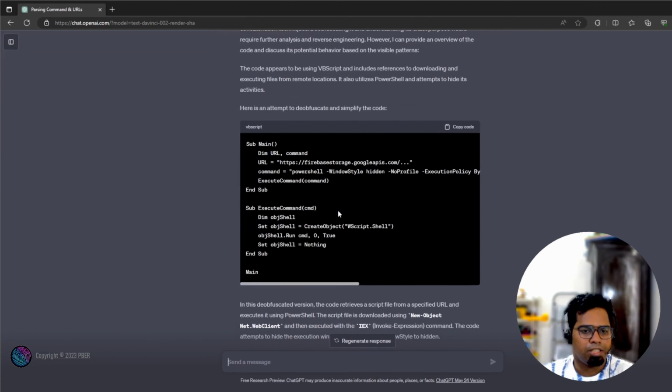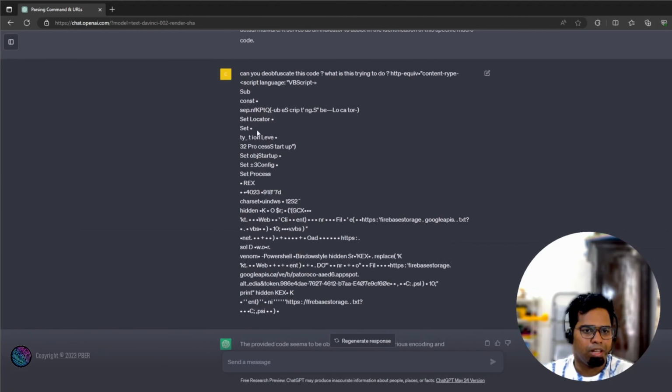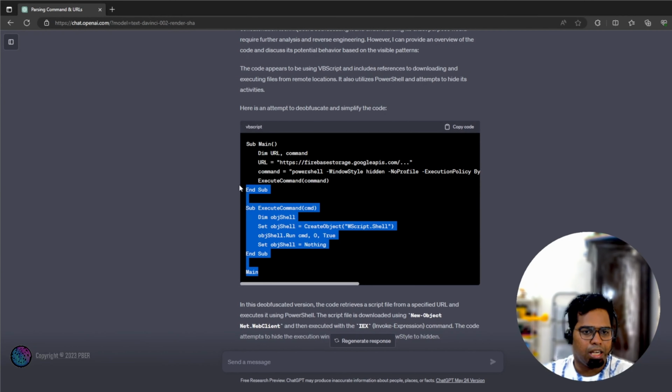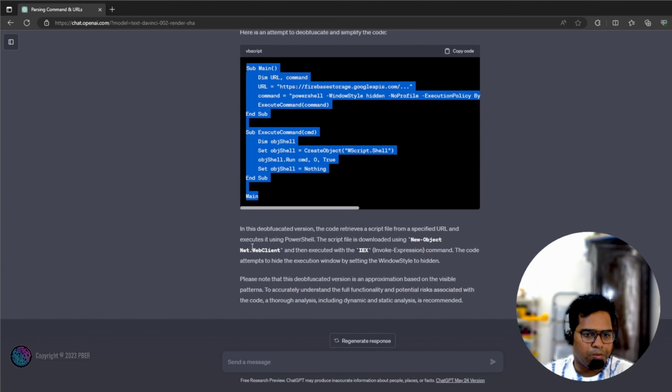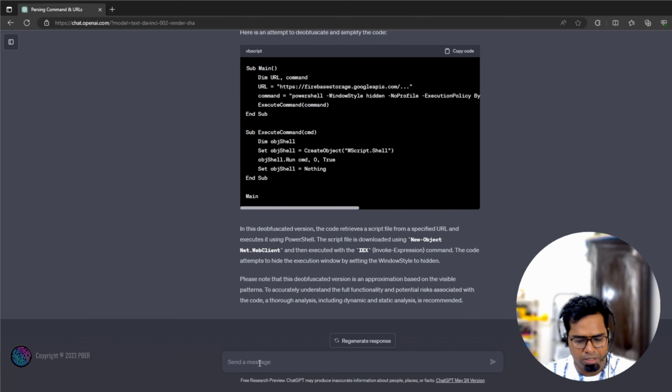So this is how the code looks. This is basically a VB script, and the functionality looks the same way. It gives all the information. It's using PowerShell to execute the script, and also there are Invoke-Expression commands. If I want to know more about these commands, I can paste this thing and